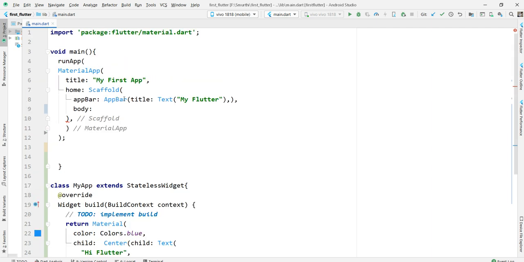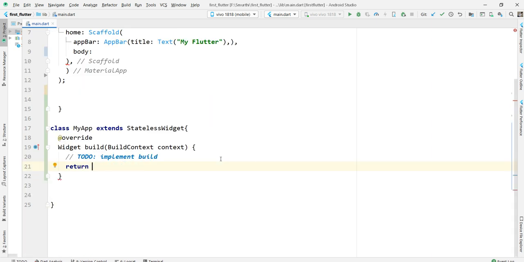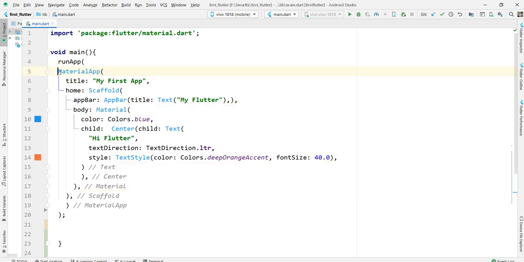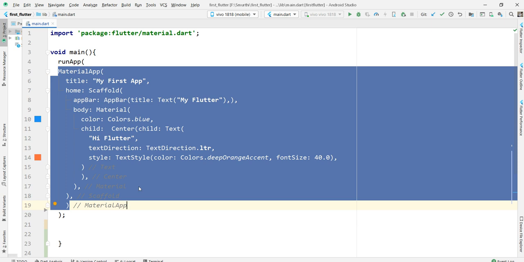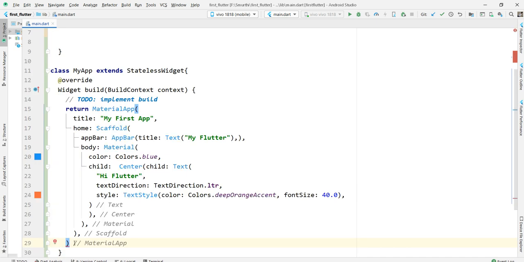Wherever we copied this, void main, sorry, here we need to paste the entire MaterialApp. The entire MaterialApp we paste here, in the return, and then a semicolon.